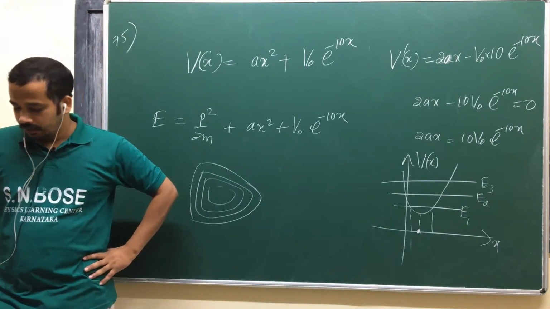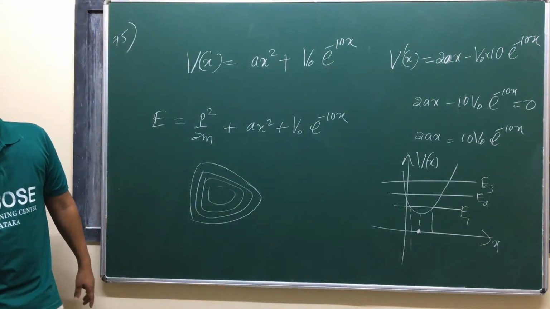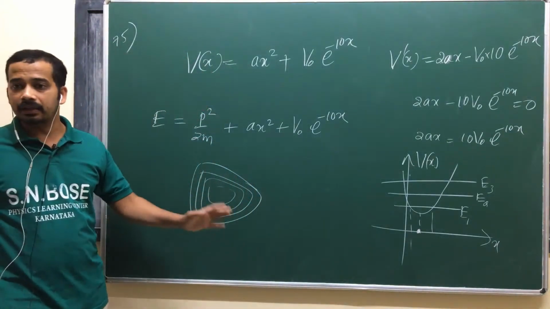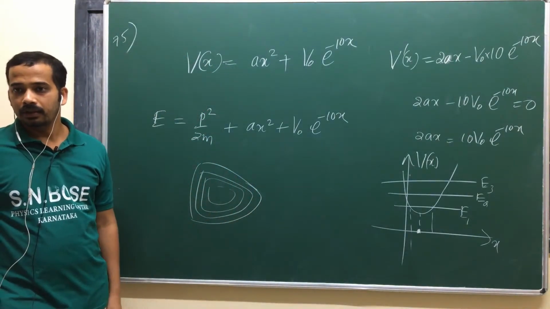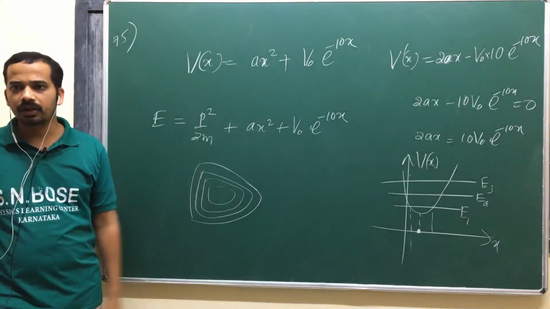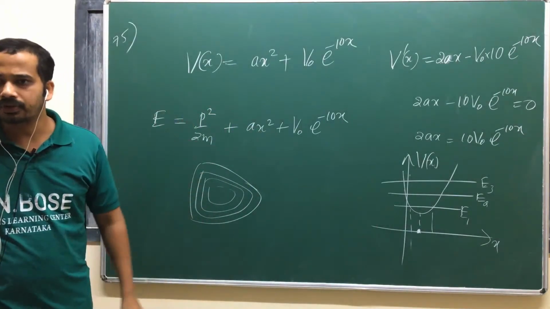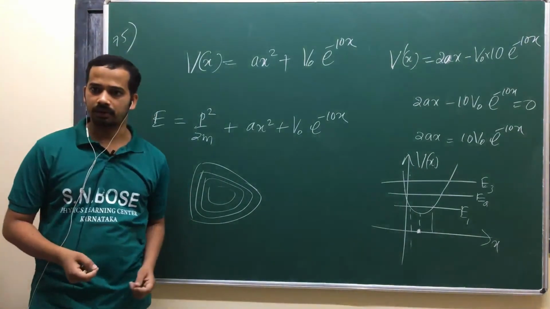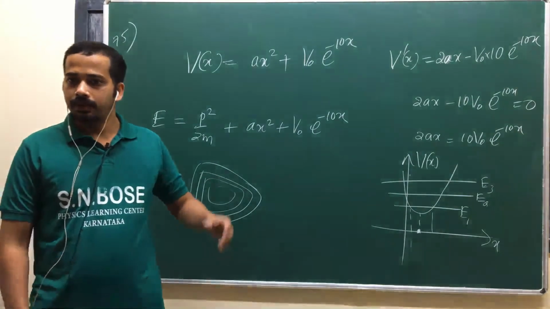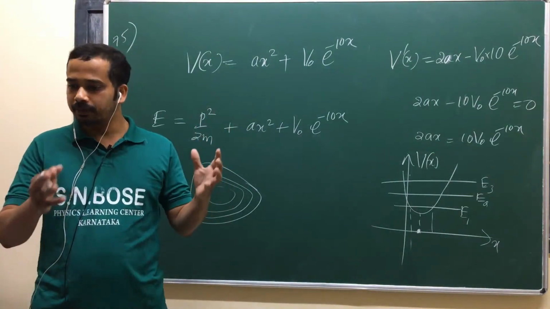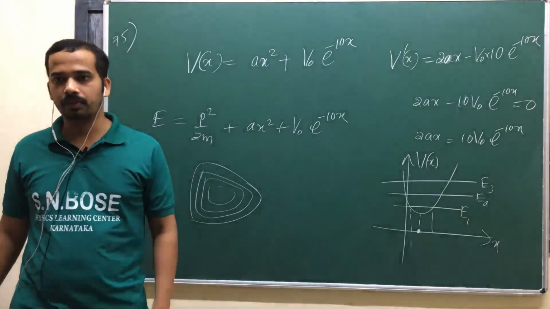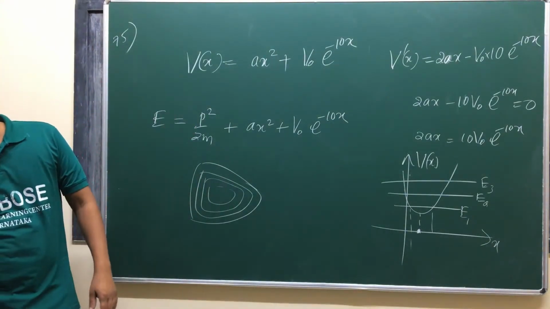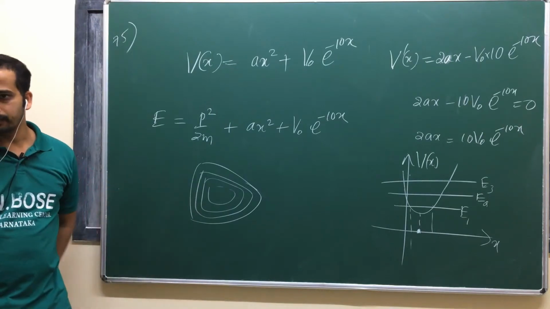I feel this is easy if you have digested that phase space idea that I have proposed. I have taken the harmonic oscillator first, then two to three other potentials. From all of them, I made one note, I don't know whether you remember or not: for a bound state, the phase space curve shrinks at the point of stable equilibrium. That is quite useful in this particular problem to eliminate the option.